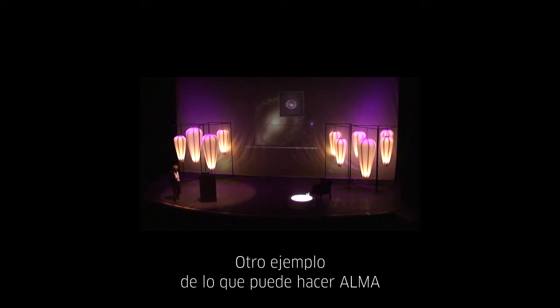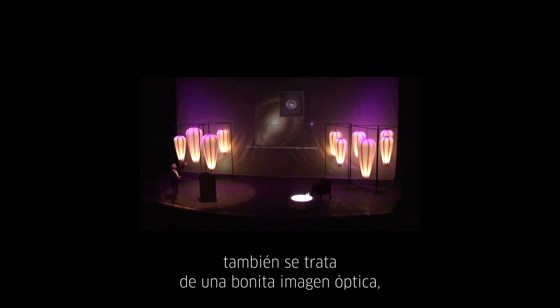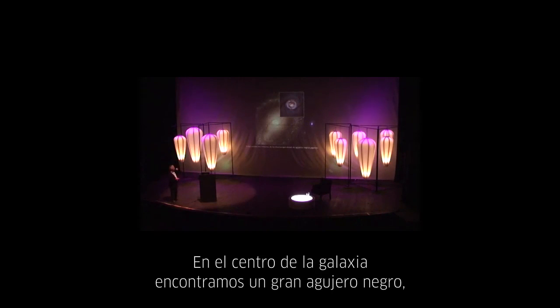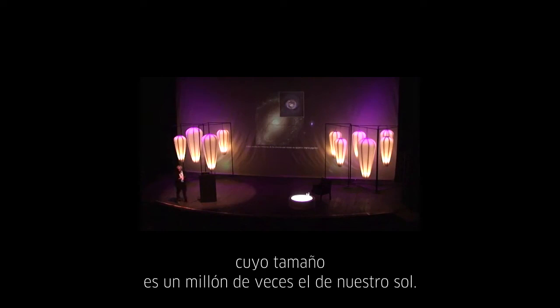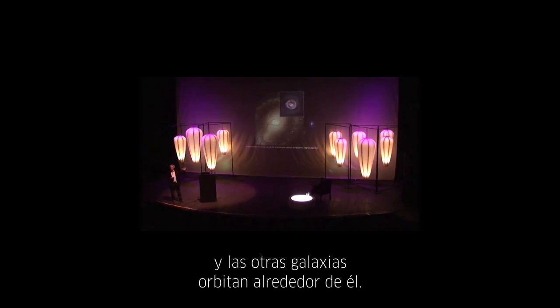Another example of what ALMA can do is to zoom in into a black hole. This is also a very nice picture of an optical galaxy. I mean, it's seen in the optical. It has a name, a phone number, which I forgot. And at the center of the galaxy, there is a very massive black hole, about 1,000,000 times the mass of our sun. It's the densest, most massive object in the galaxy, and around which all the galaxy is